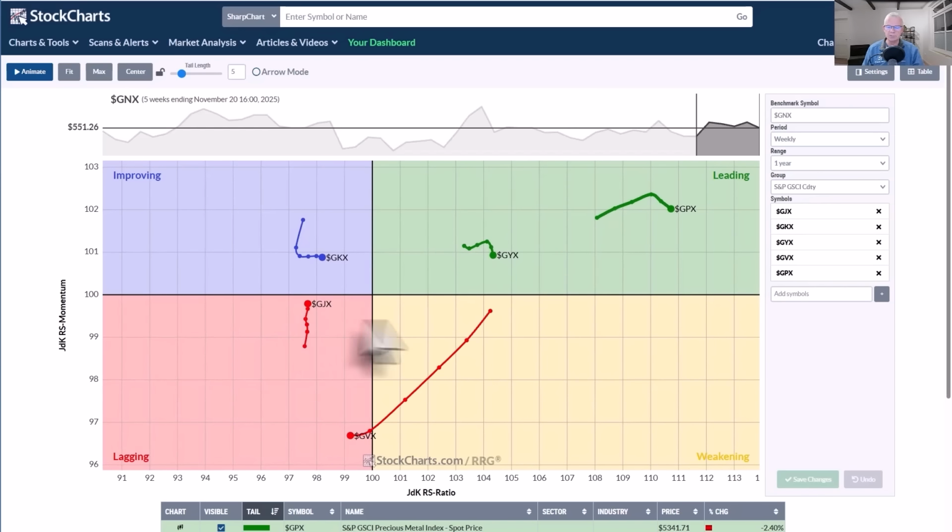Here is the rotation for the commodity groups, and that is mainly unchanged compared to a week and a half ago. We still have industrial metals and precious metals inside the leading quadrant. They are losing a little bit of relative momentum, but that's not major yet. And we see GV, which is livestock, now rapidly moving into the lagging quadrant. We already had that at an underperformance because it was right here and was accelerating, and it has now crossed over into the lagging quadrant, making it a clear